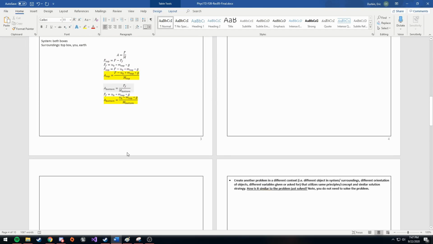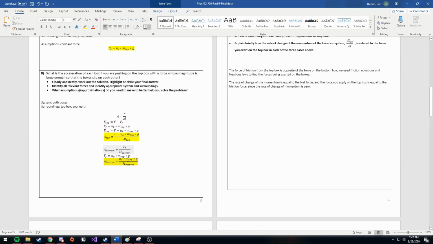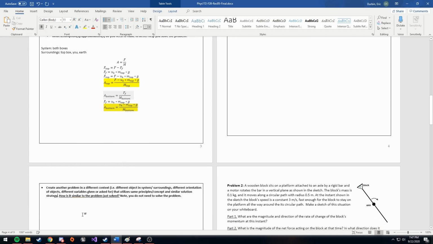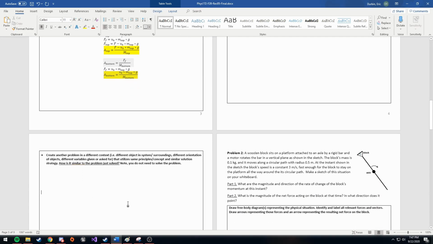And a different problem. Okay, so what would be a similar situation? Probably just a box on the ground. Find the minimum amount of force required to push a box on a table. Physicists love tables and boxes.